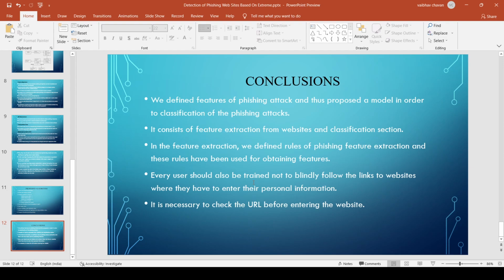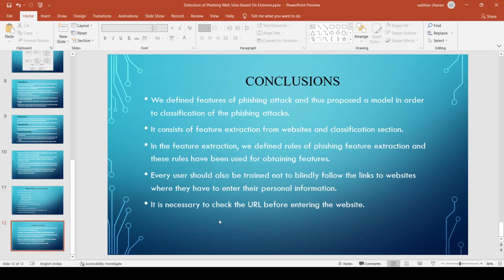And at last, the user has to understand if the particular site he or she is accessing is malicious or not. He has to pay attention to the details of the site, so that his or her valuable data does not get misplaced to someone who can create some danger for you by it.